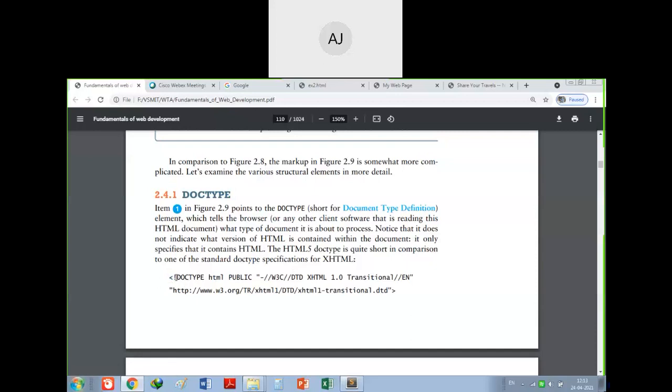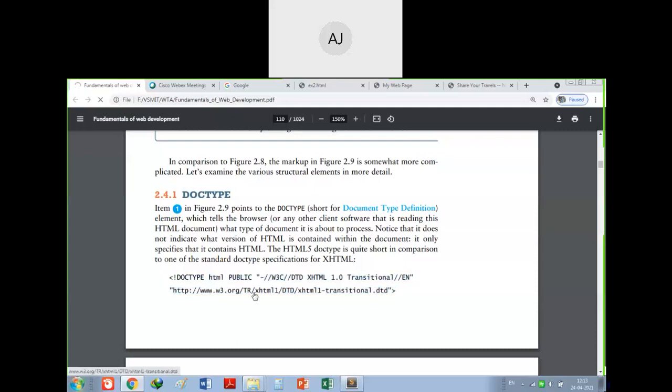Okay, so angle bracket and then the symbol. After that define this DOCTYPE. It is optional. See what is the meaning here. Whenever you are using this DOCTYPE, by default you are including all this: HTML, public, W3C, that is World Wide Web Consortium, DTD, document type definition, XML version 1.0, transitional, English.